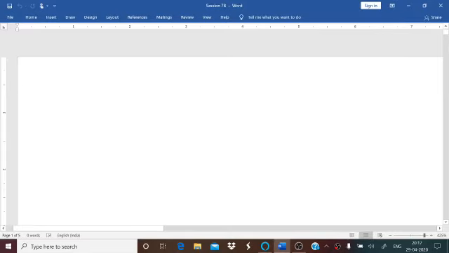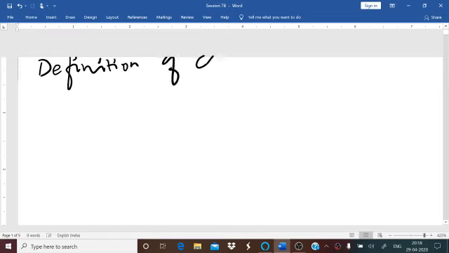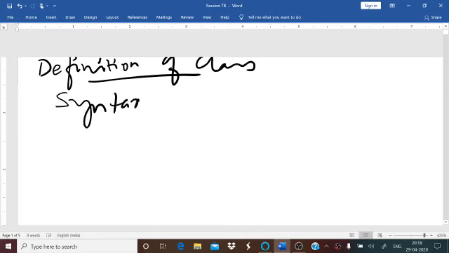Hello student, we are continuing with the definition of the class. So how do you define the class? Definition of class. Now what's the syntax for that? You have to, as we said earlier, use the keyword class and give the class name